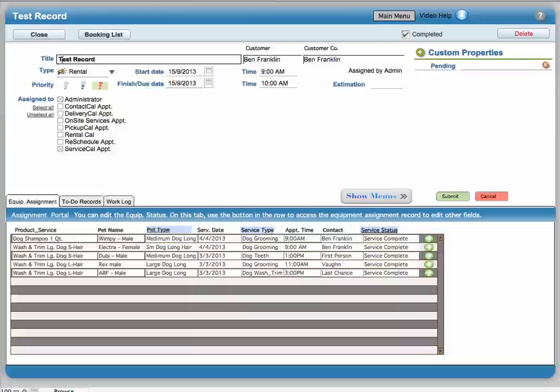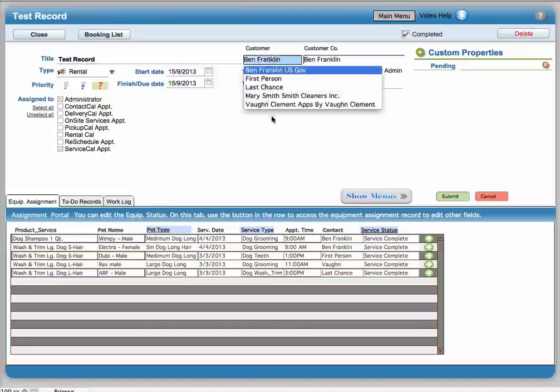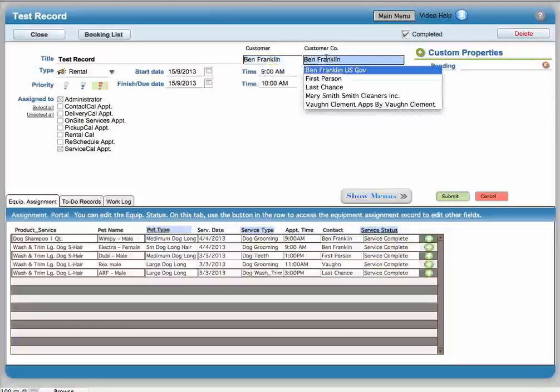As you come into the appointment, I have the words test appointment in here, or test record. Basically, if you have a client already, and this is going to be a service that you're going to do, you would put the name of the person or the type of service that you're going to do with the name after it, either one way or the other. Then, if it's a current client, this drop down here would be a list of individual clients. This is if it's an individual client that is also a business owner where you may be using the business to pay for their services. So let's go ahead and